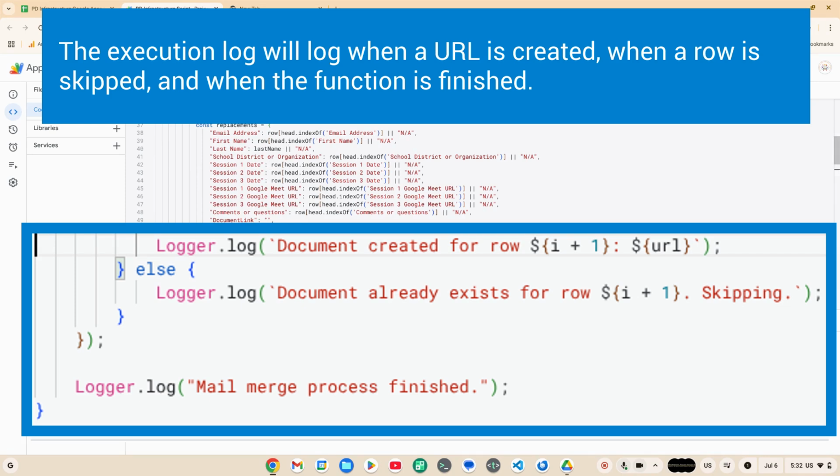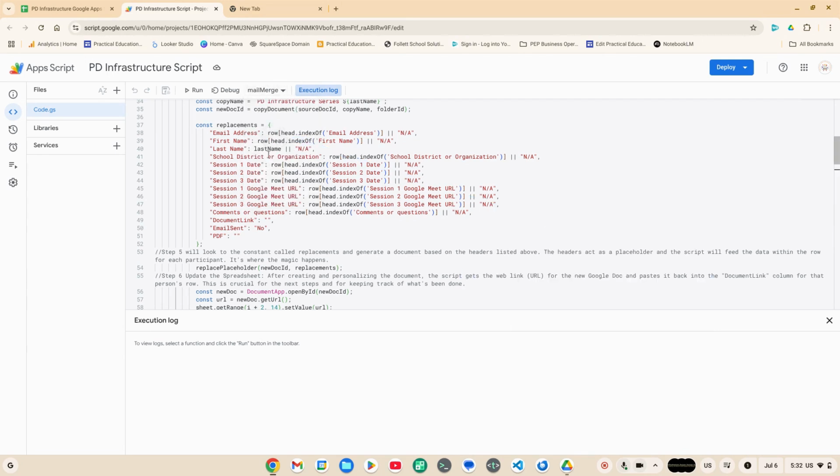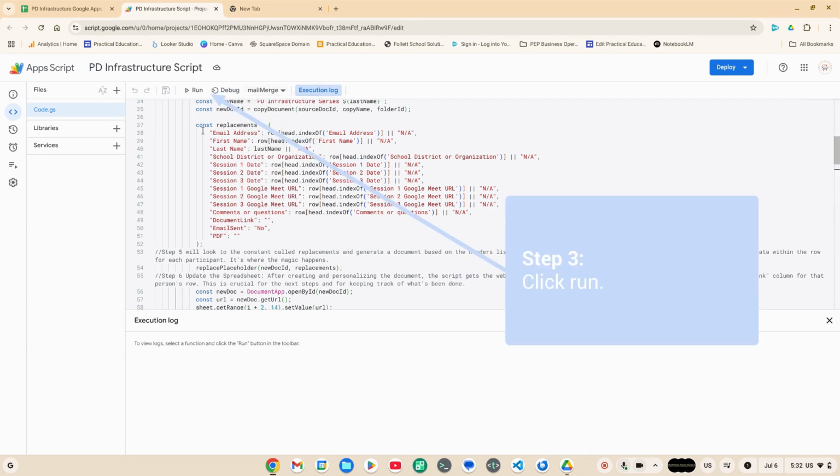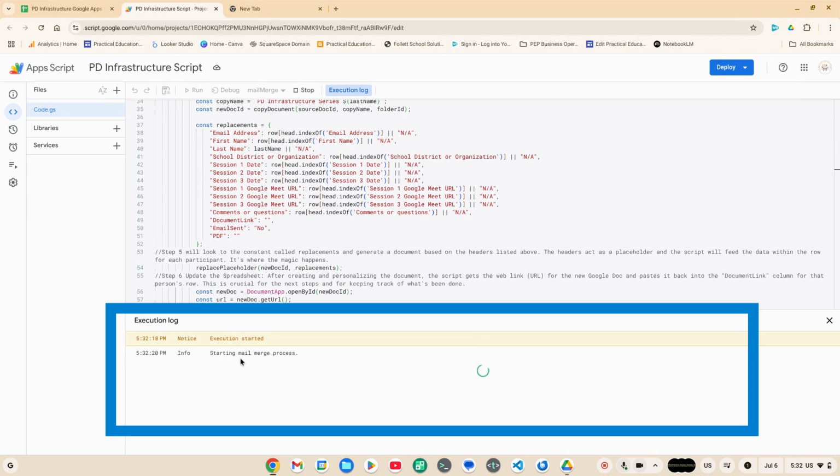So I can click on the execution log and then select the function that I want to run, which is the MailMerge function. And then once I do that and I click run, it's going to start the function and run the function for me. And it's going to start giving me information about when the execution started and what happens in each